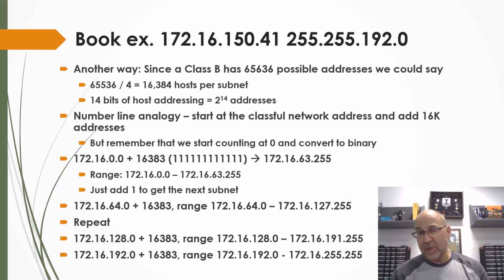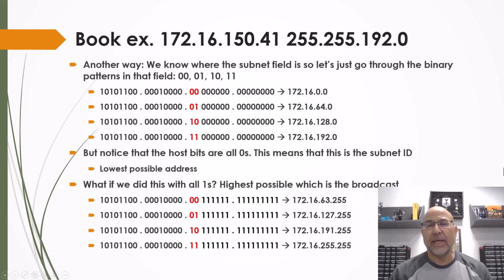Now we could stop talking right there. So far we've seen 2 ways to figure this out. But what if there was another way? It turns out that there is. This happens to be my favorite way of doing it because it's binary and it can't steer you wrong. Looking at this another way, what we're going to do is examine that subnet field, and we're going to go through the binary possibilities. We know that the address space starts in the